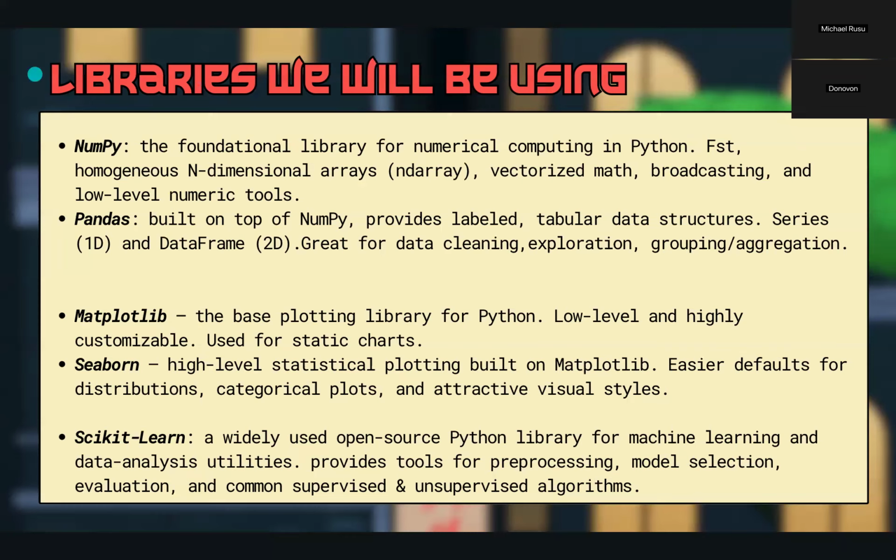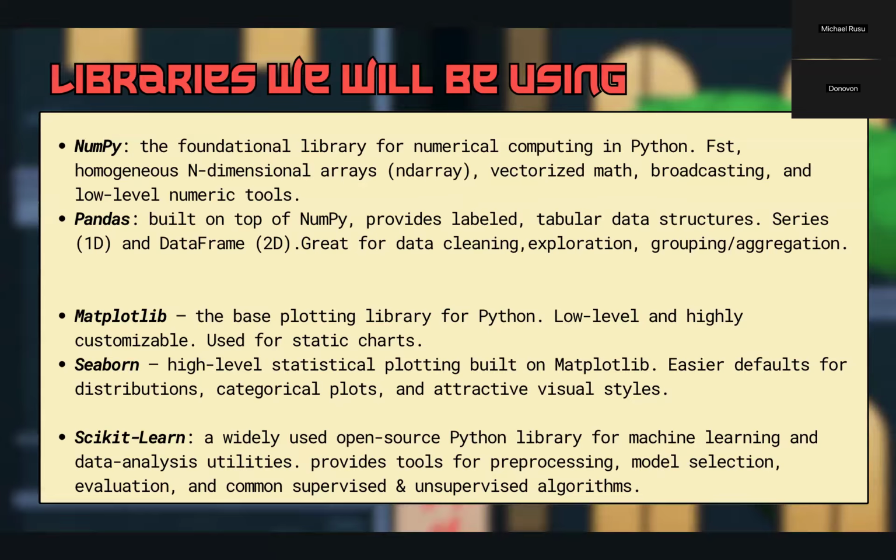And then we're also going to be working with Seaborn, which we might be working with. It's built on top of Matplotlib, has a bunch of cooler features, and looks nicer to clients and managers if you want to persuade them. And finally, for machine learning, we'll be using Scikit-Learn. This is what you'll mostly be working with if you go into data science, unless you have such a complex data set that you have to go into deep learning, but we'll talk about that. It provides a whole bunch of models, and we'll also talk about how to choose our model. It has supervised and unsupervised learning, and it's phenomenal. We'll be working with that.